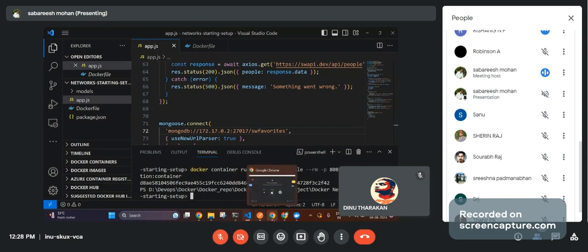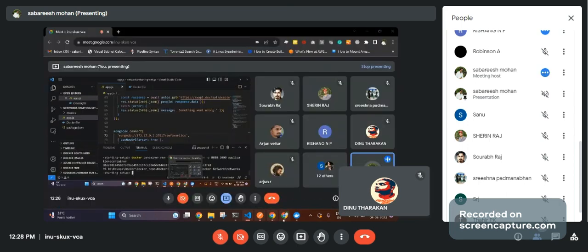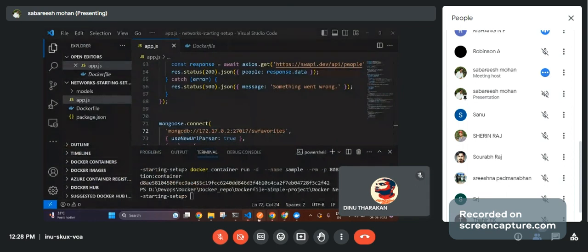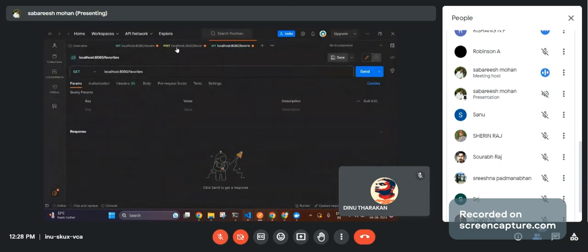Now I go to localhost again in my Postman just to see whether my front end is working or not. I will make an API request.